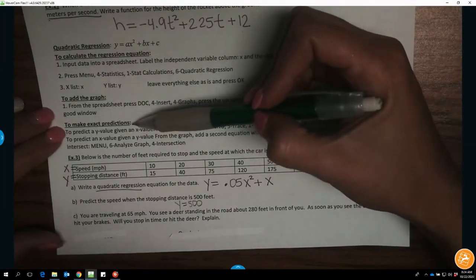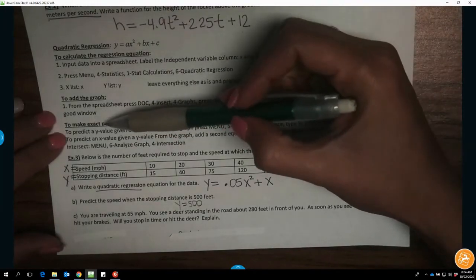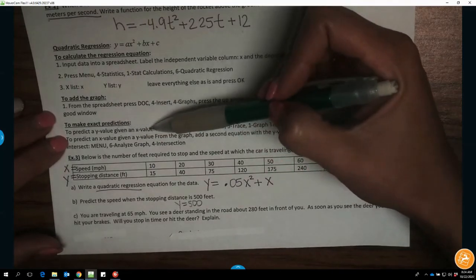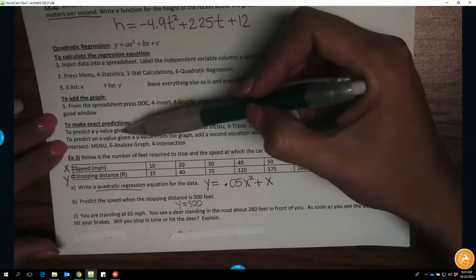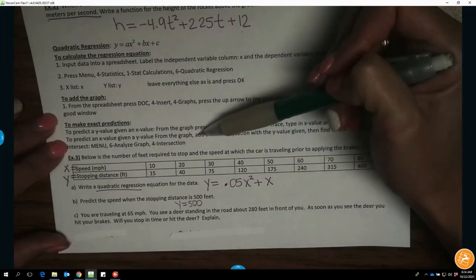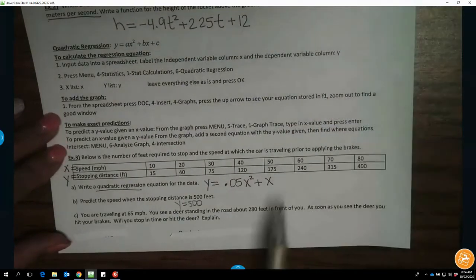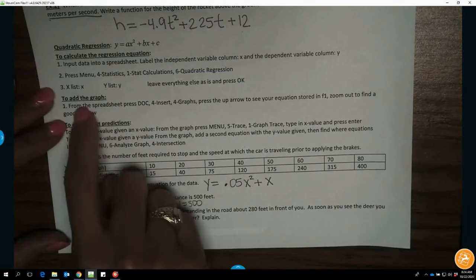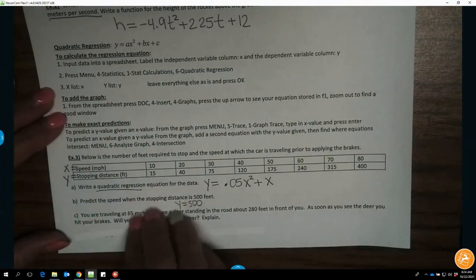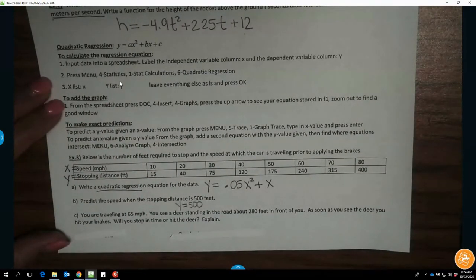To make exact predictions, to predict a y value given an x value... nope, we're going to do this one. To predict the x value given a y value, we need to go from the graph, add a second equation. First of all, we're going to have to add a graph in order for you to make any of the predictions. To add a graph, from the spreadsheet that we were just at,